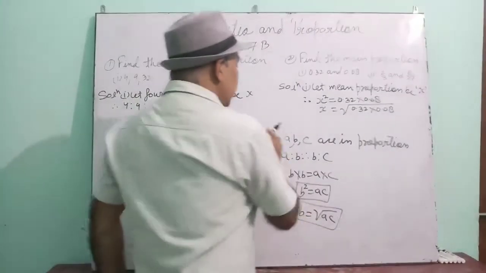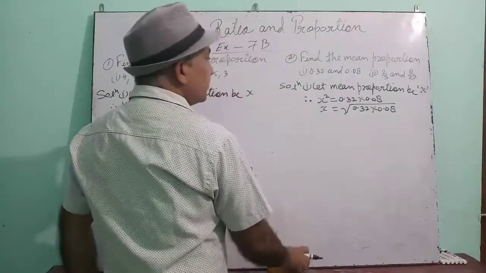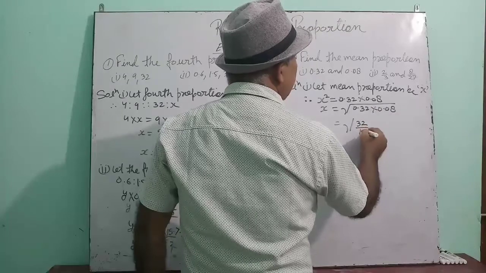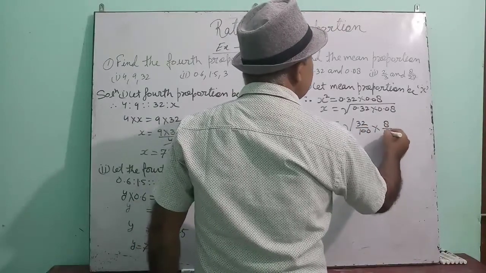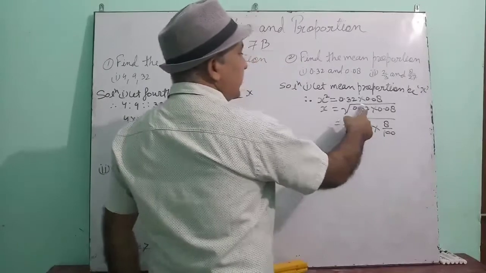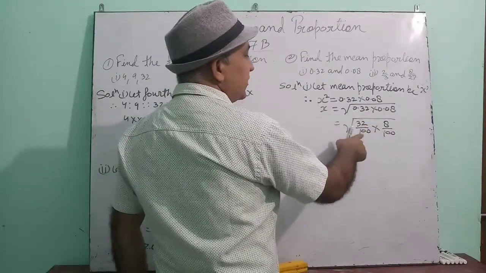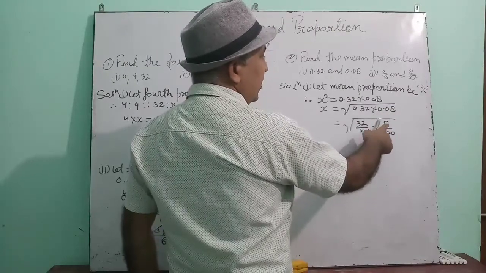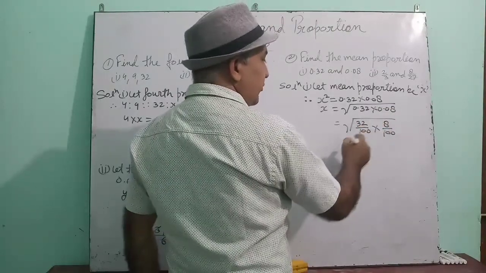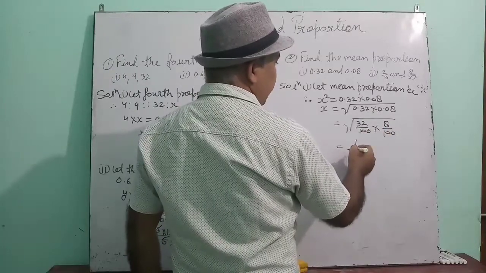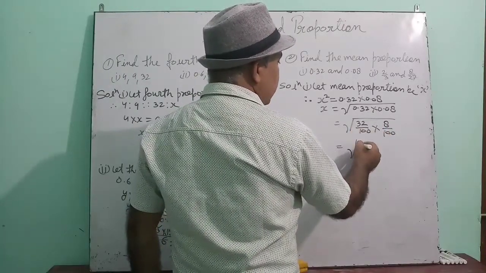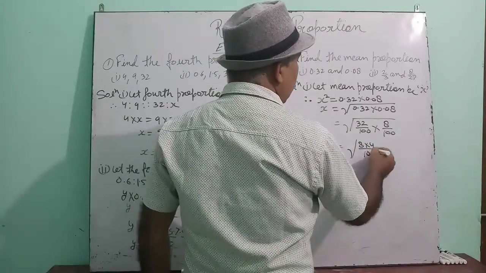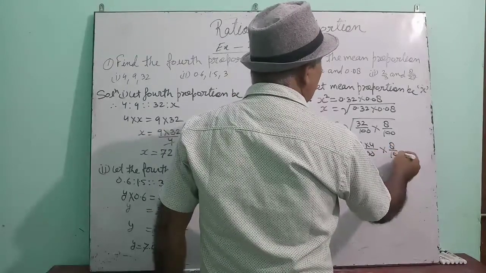Now see how to solve this question. Remove the decimal first. This is 32 upon 100 and this is 8 upon 100. Because after decimal there is 2 digit. So it will be divided by 100. After decimal there are 2 digit. So 8 is also divided by 100. Before 8 if you write 0, that is valueless. That is why I have not written it. 32 means 8 into 4. This is 32 upon 100 into 8 upon 100.